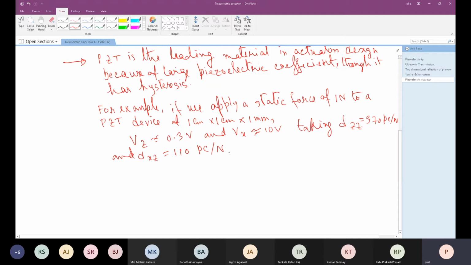If we take epsilon r, suppose 1200, so Vx is given by d_xz Fz into x,